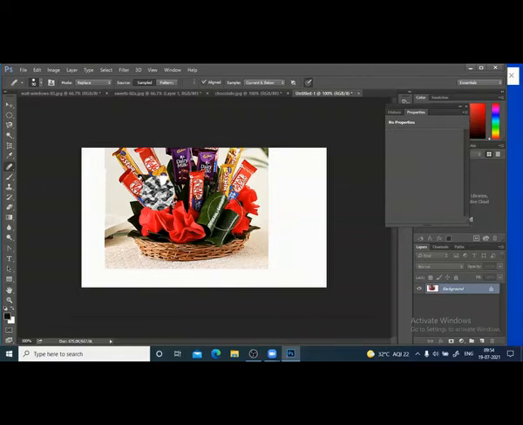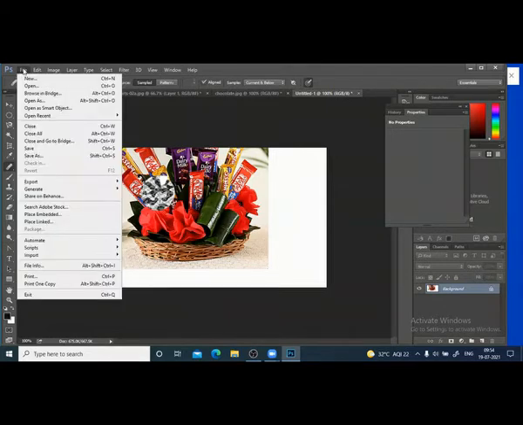Okay. So this is a very interesting feature. If you want to use the healing brush tool, you have to use the Alt button and select what you want. Let me open another one.